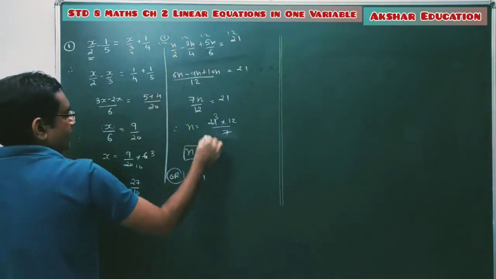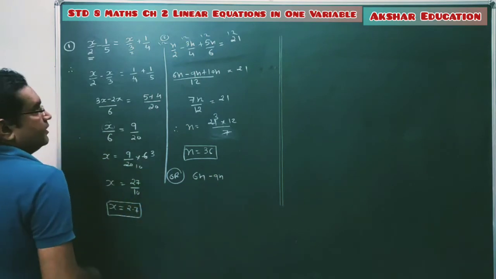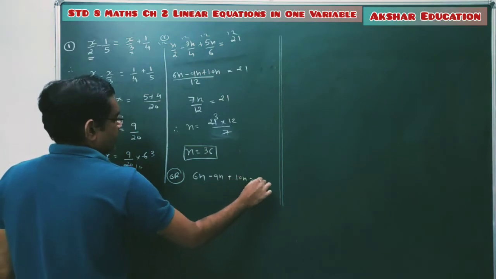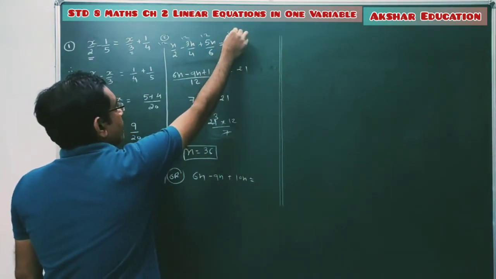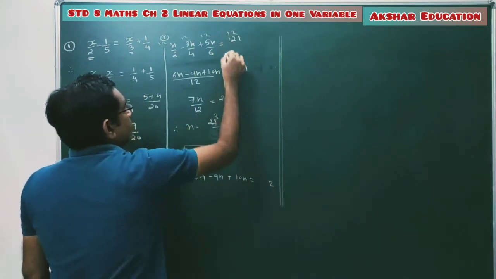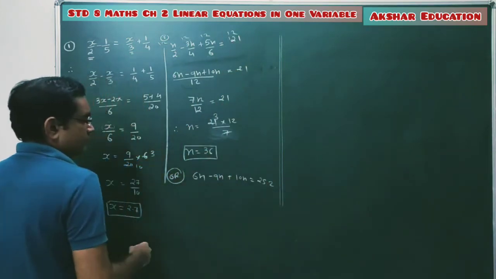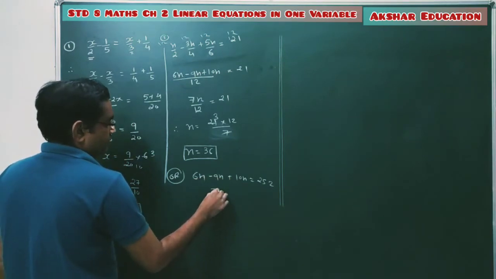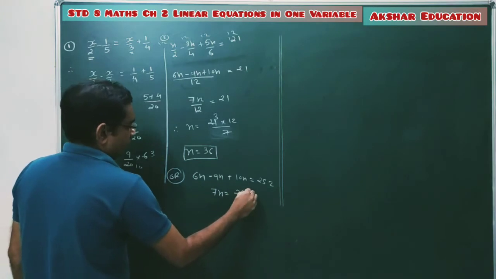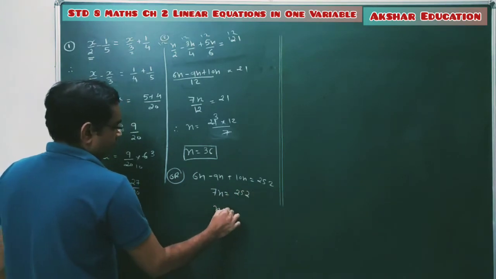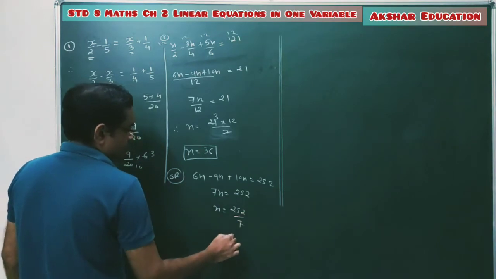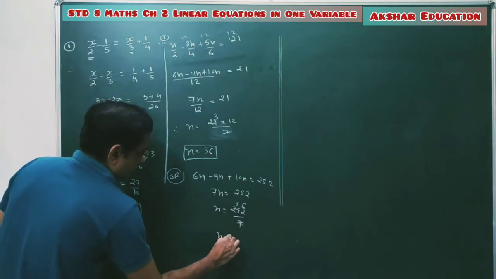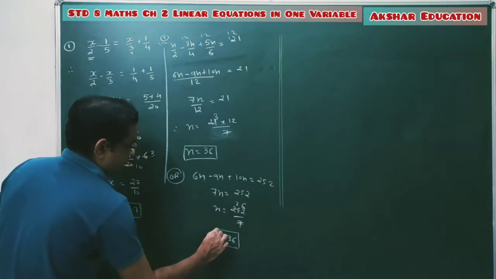minus 4 3s are 12, so it's minus 3 3s are 9n plus 6 2s are 12, 2 5s are 10n equal to 12 into 21. So 12 ones are 12, 12 twos are 24 plus 1, 252. So it's 10n plus 6n, 16 minus 9n, 7n equal to 252. So n equal to 252 by 7. 7 3s are 21, 7 6s are 42. So again we are getting n equal to 36 as the answer.